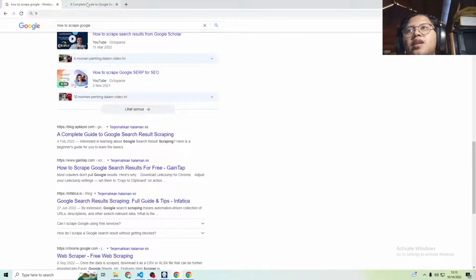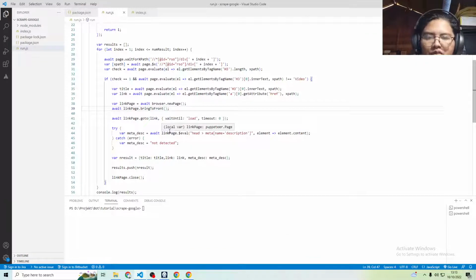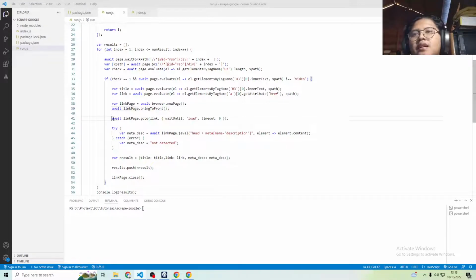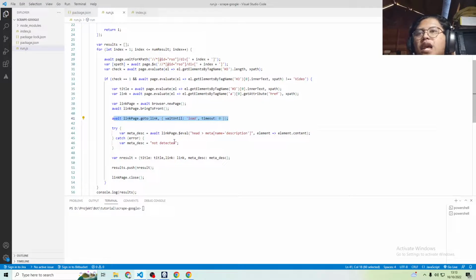Here you only opened a new page, but what bringToFront does is focus on that tab or page. It's basically telling Puppeteer, hey, look at this tab or page. So, after Puppeteer focuses on our new tab or page,